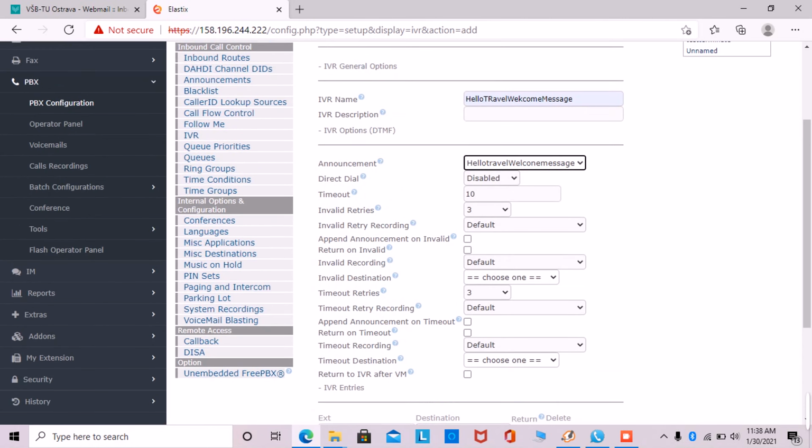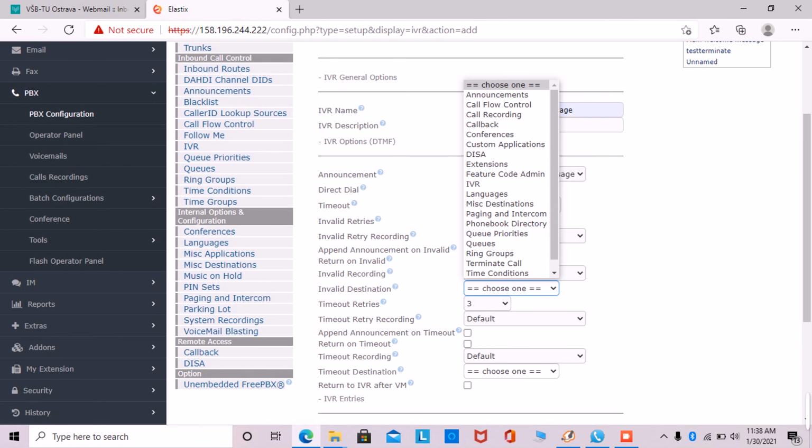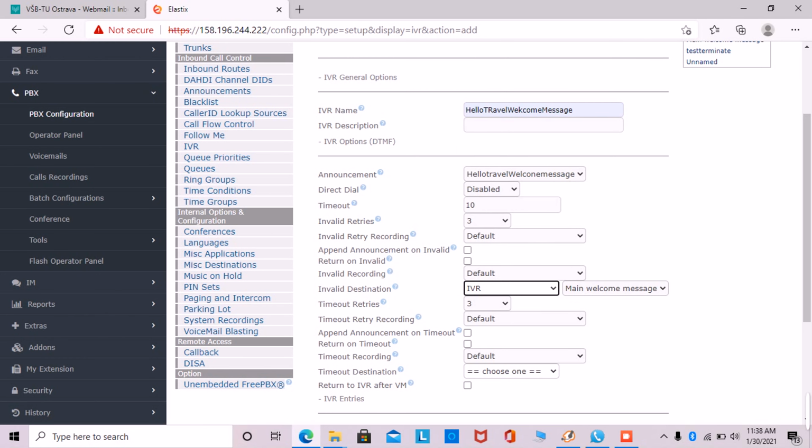But the most important option is the invalid destination. You have to choose an invalid destination for when someone presses a wrong response out of your IVR. So then you can choose an IVR.